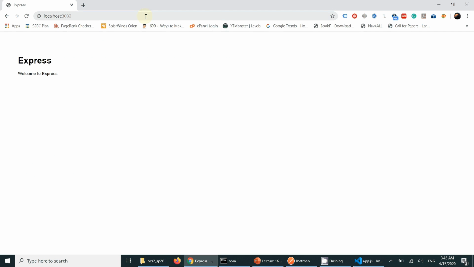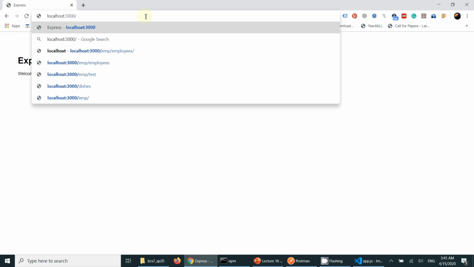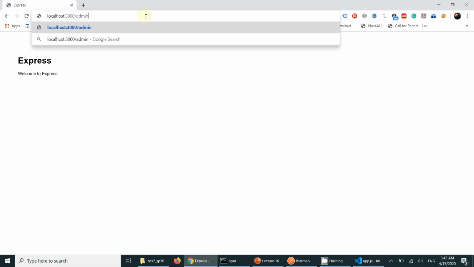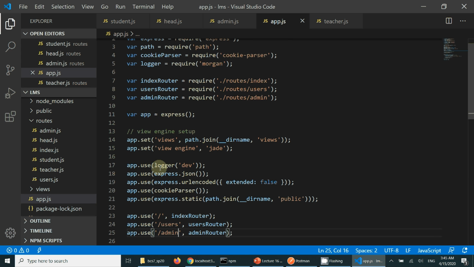the server has been restarted, and if I access admin, it should show me "router admin has been called." The default route, the slash route, has been called by default. So I have been provided with the information. Our mount point has been set, our router has been included. Now in the same way, I will include all the routers. So instead of writing all the code, I will just copy paste it